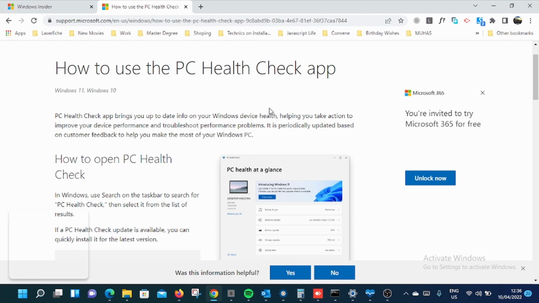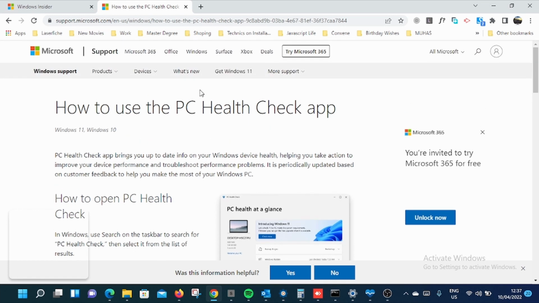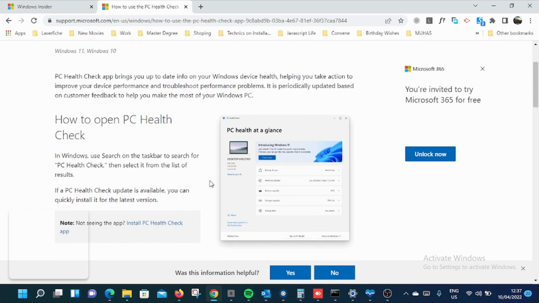So to summarize, what we've learned is you still can use Windows 11 even if your PC doesn't meet system requirements, and also you can use PC Health Check, which will help you get your Windows device status, and you can easily install it from Support Microsoft. It's easy,